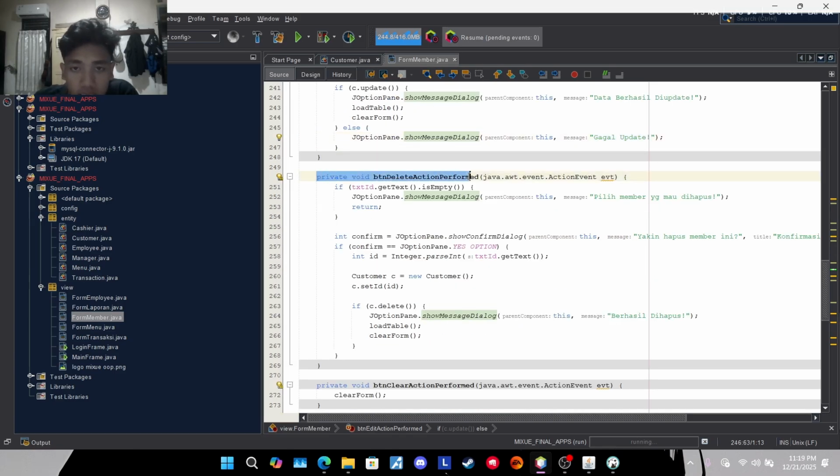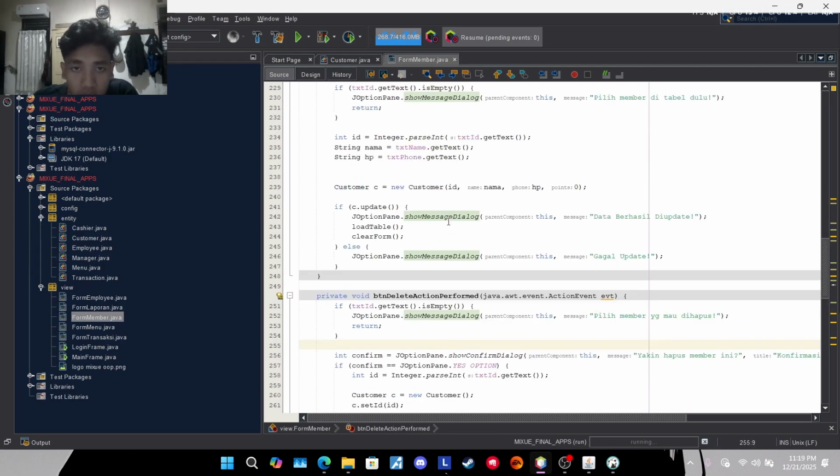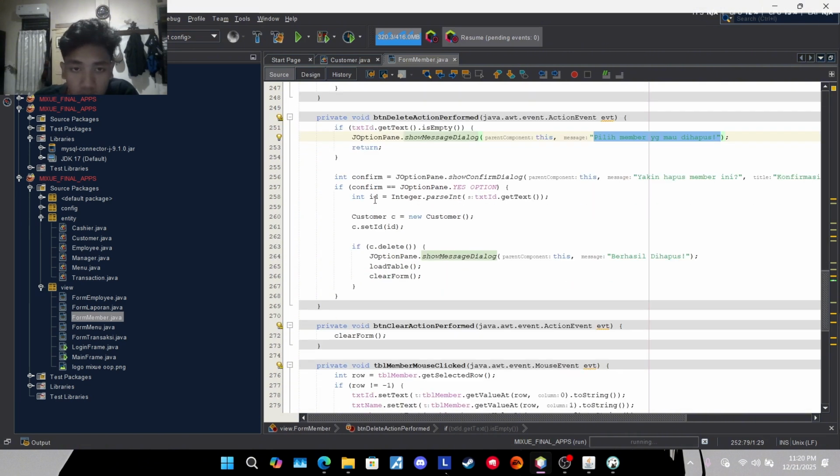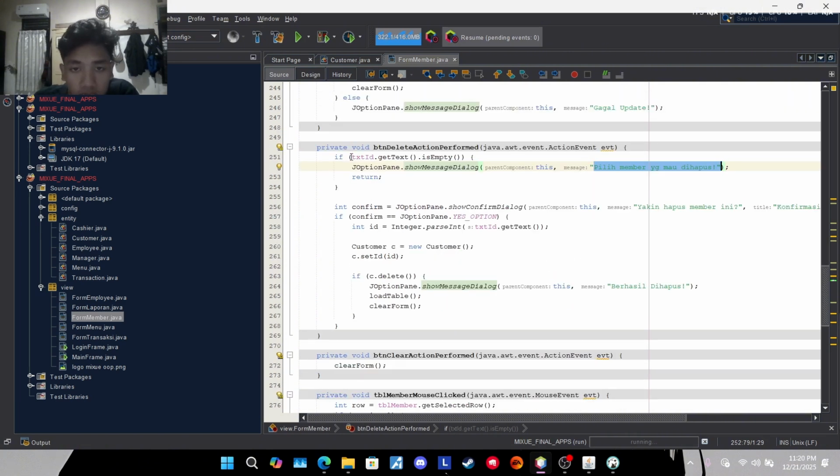Okay, next is the method of the delete action. Like update, we check if the text is empty, they will show the message "pilih member yang mau dihapus". And when the get text is filled out with an integer and string, or we are choosing in the table, it will go next to the integer confirm, JOptionPane show confirm dialog.